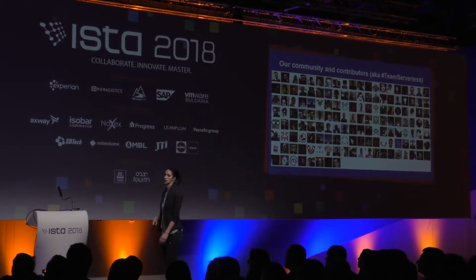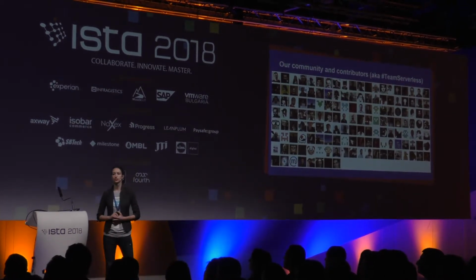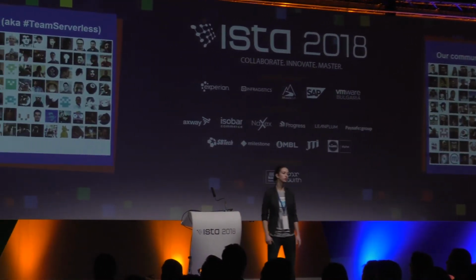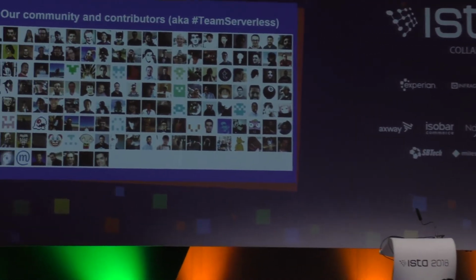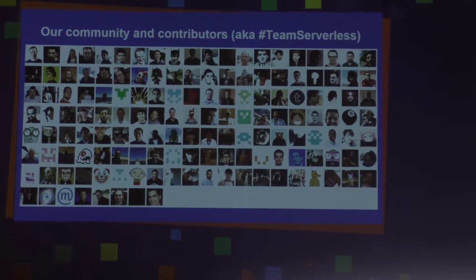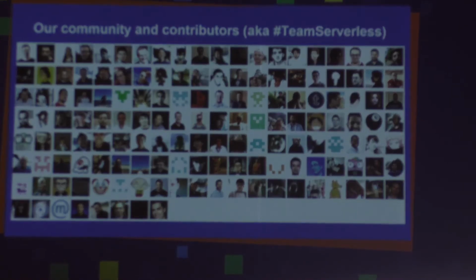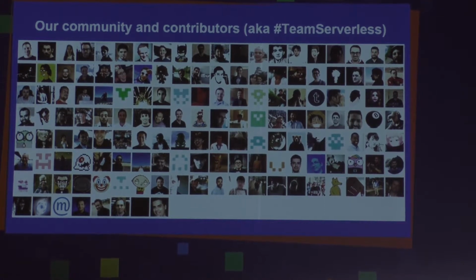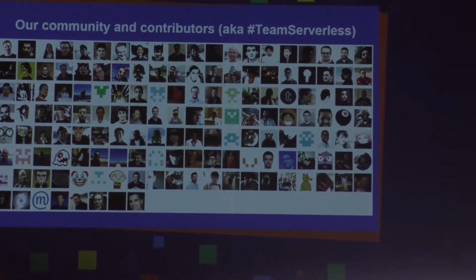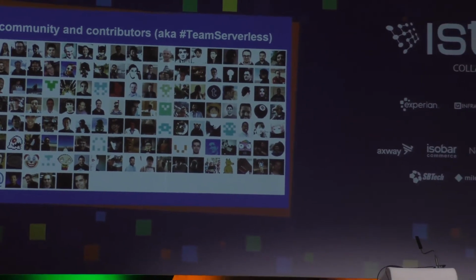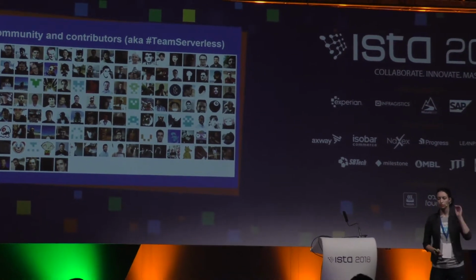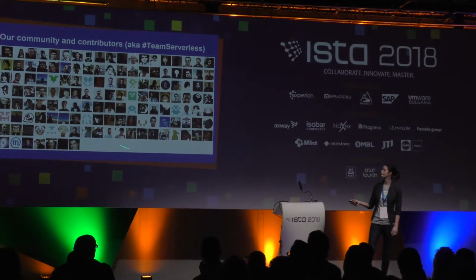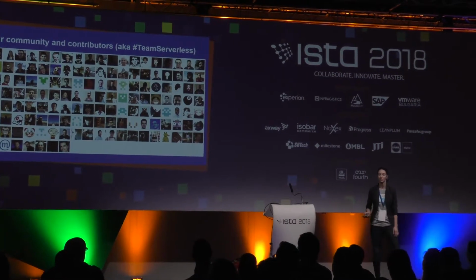So this is it. It's our team serverless. It started from 1 person in 2016, and it grew that much in 2 years. We have Zoom meetings very often. We meet at conferences where we go together. We have the Fast Friday initiative on Twitter. So if you want to get some swag for OpenFaaS, you can just tweet for Fast Friday and get yours. And there are people of all ages. And as you can see, there is plenty of room for you to join the community.